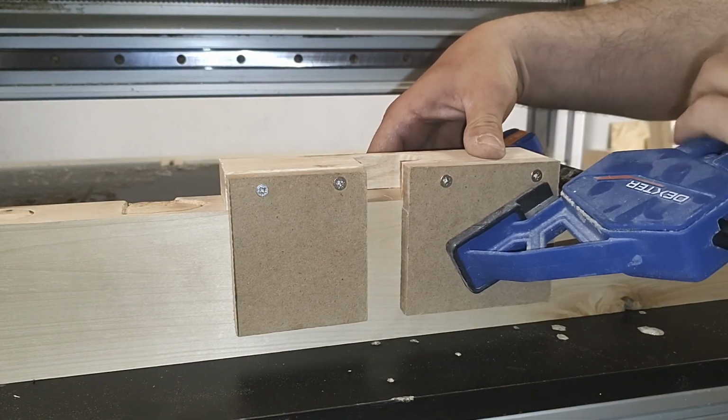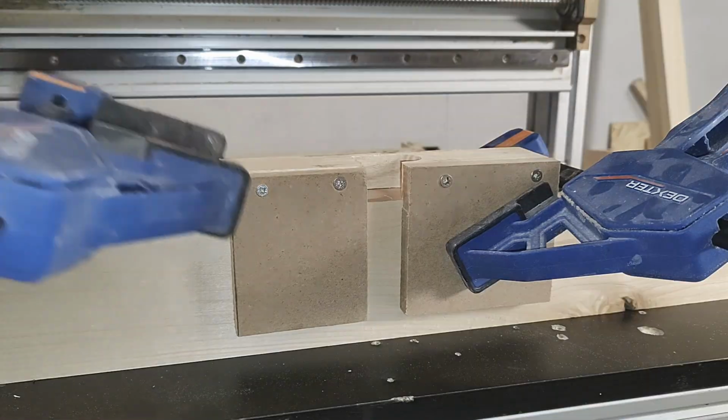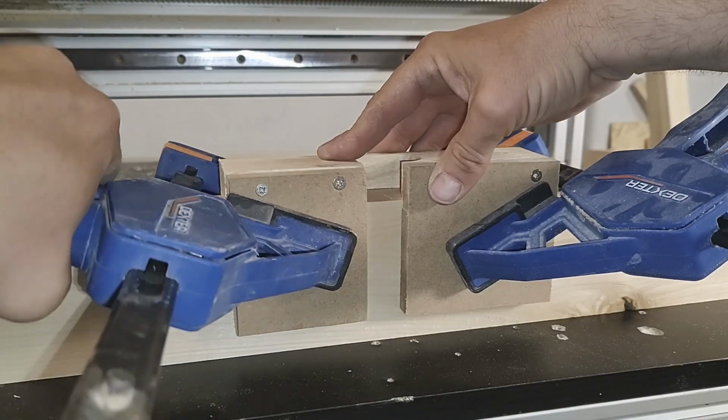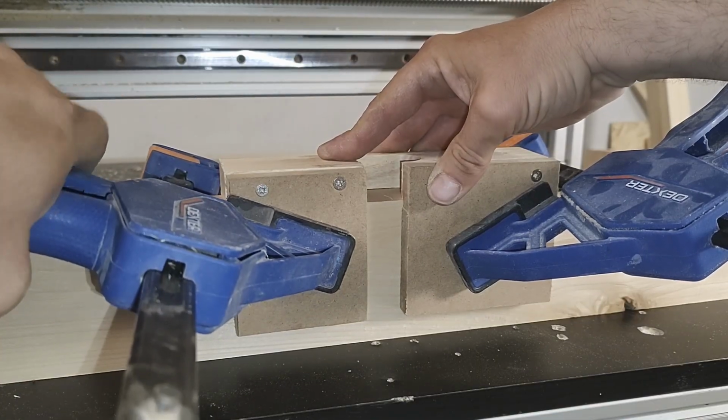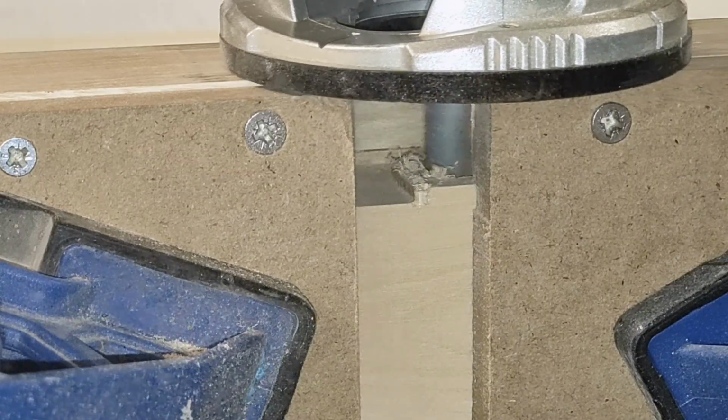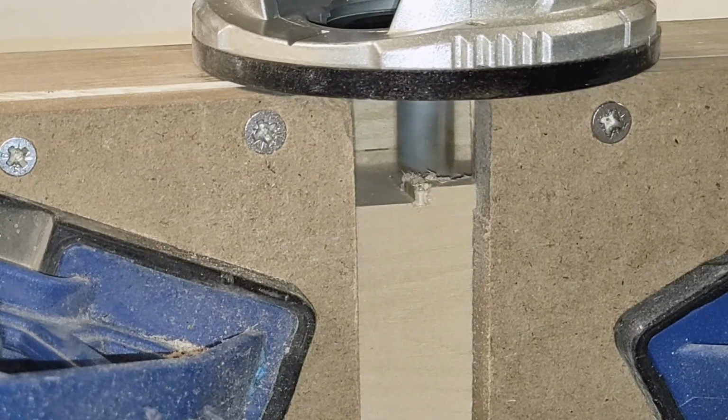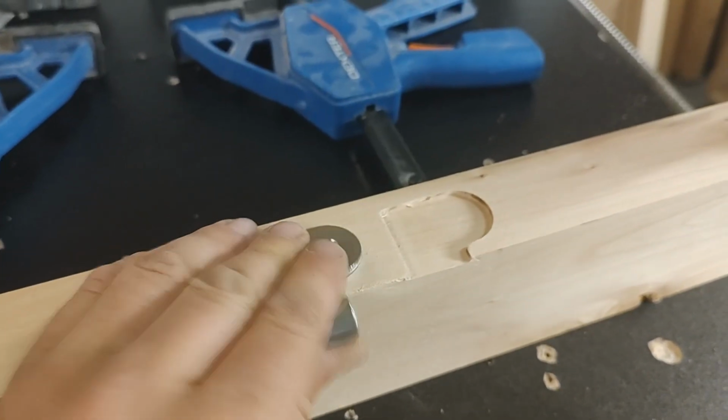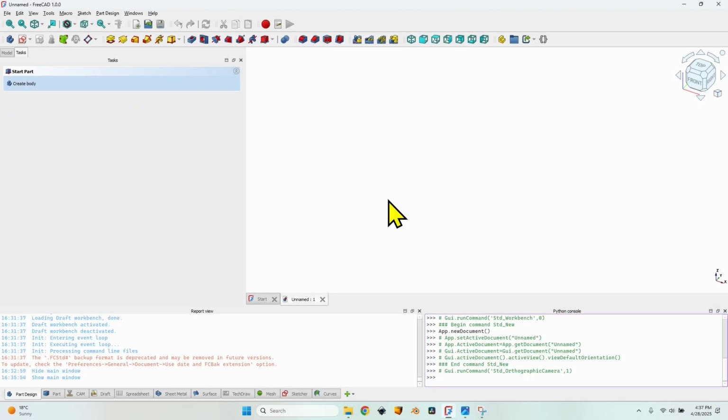Well, it's pretty obvious. It's much easier to fit a small piece of material for a template on the table than a huge door. Besides that, I can also move the template wherever I need it. It's very handy, it's very easy to make. So let's get started. For making the template, I'm going to use FreeCAD 1.0 and a photo of the actual